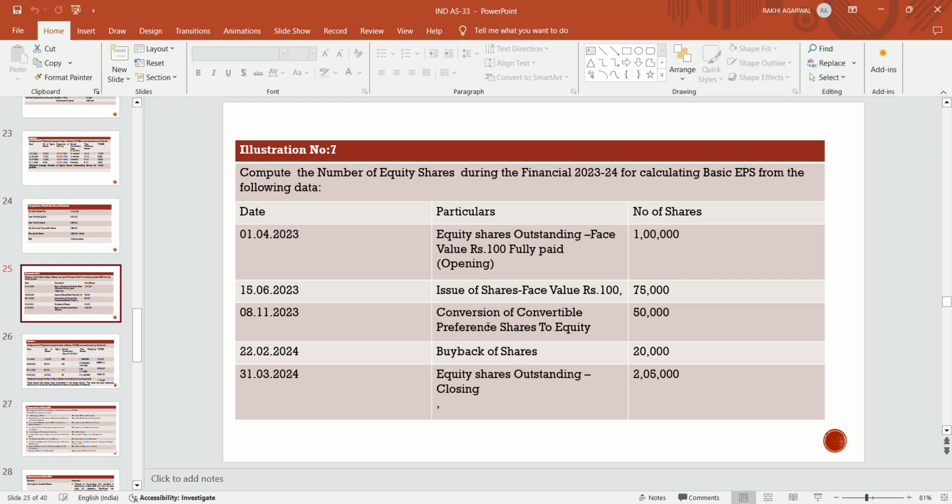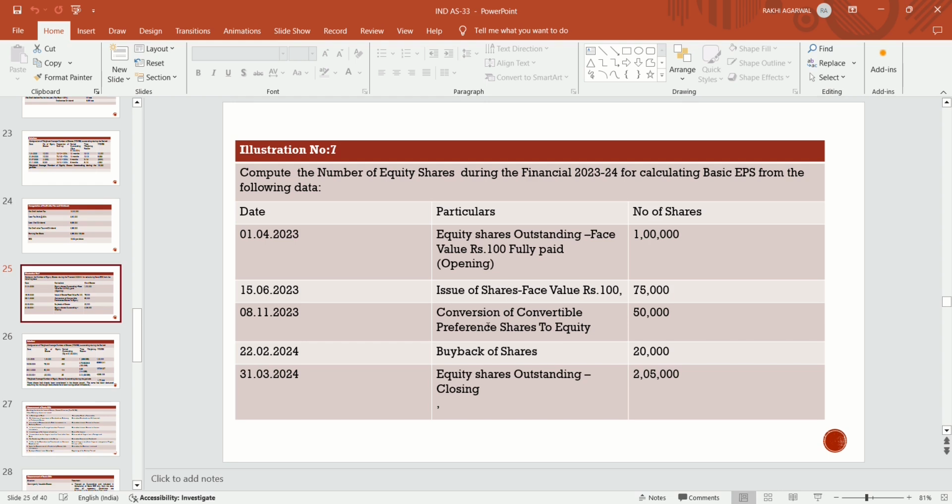On 8th November 2023, they converted the convertible preference shares to equity shares, that is 50,000. On 22nd February, they bought back 20,000 shares, and on 31st March 2024,